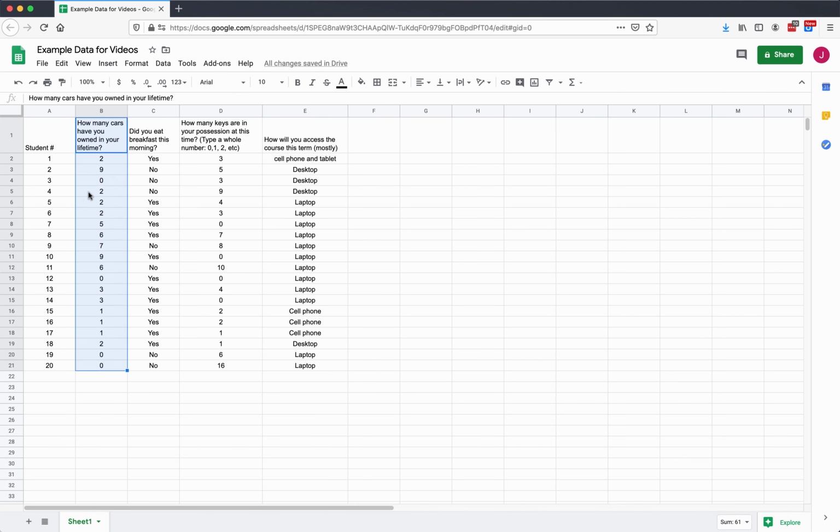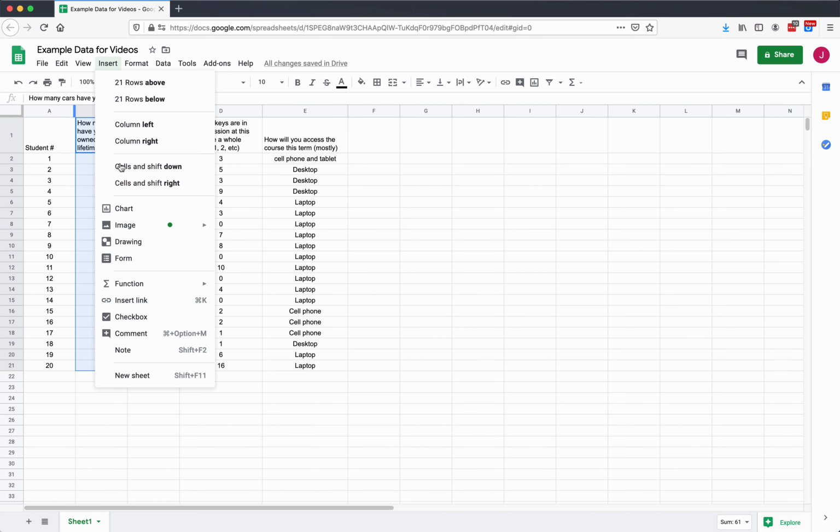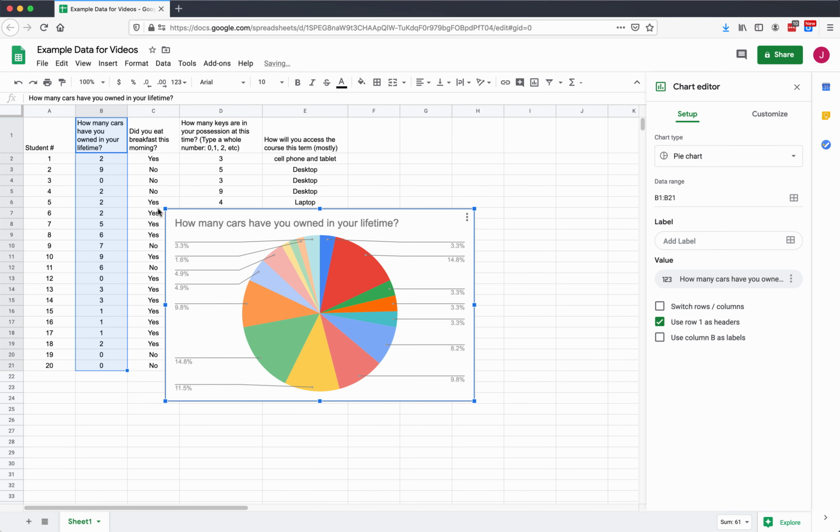So I'm clicking and dragging over the variable, how many cars have you owned in your lifetime? And then I'll go up to the menu and click Insert, and then halfway down to Chart. Google Sheets will make a chart for you right away, but it's not necessarily the right chart. So we need to tell it what chart to make, because we made a pie chart, which is not proper for quantitative data. So over in the chart editor, under the Setup tab, we're going to choose the chart type